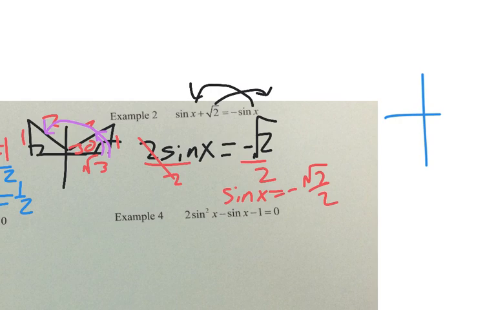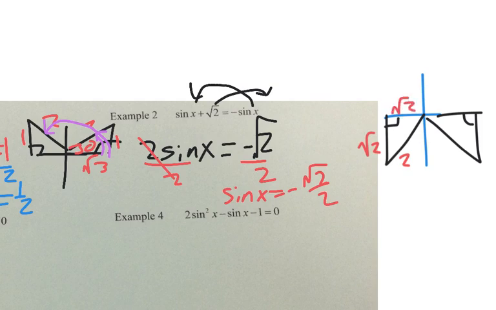Now, from this point, sine of what angle gives a negative ratio? Well, because the ratio is negative, I know it must be in either the third or fourth quadrants. Sine is a ratio of the opposite over the hypotenuse. So the opposite side's radical 2. The hypotenuse is 2. Which means the missing side has to be radical 2. Which lets me know my reference angle is a